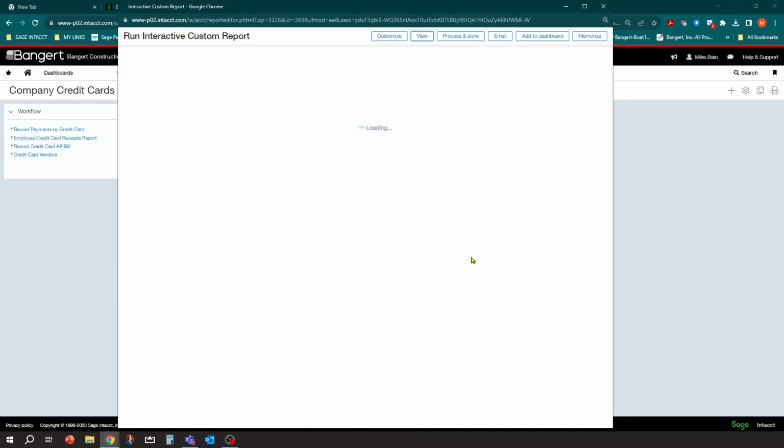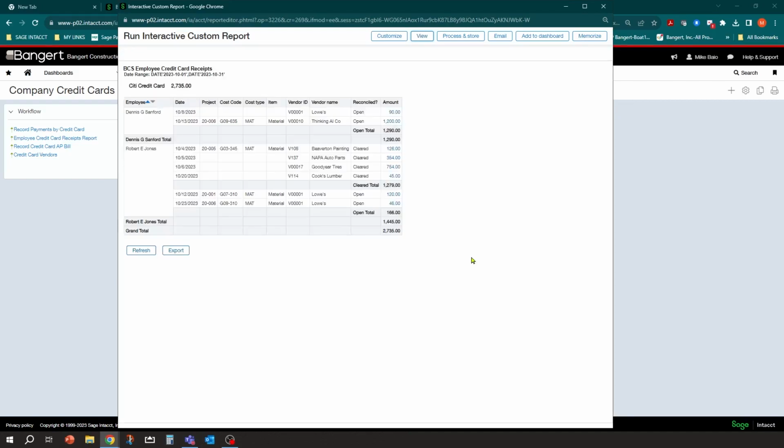Once that comes up, this report is built to show me by credit card and subtotal it by employee, just how we need it from the statement that comes in. Our statement is going to give us subtotals by employees, so I want to do the same thing. I have a subtotal in here showing me all of the charges for that period, whether they've been cleared by me or not. I've already cleared these transactions, I've already checked them off. So if I'm looking at subtotals by employee Robert Jones, this should be what that subtotal is so far on my vendor invoice for that employee.